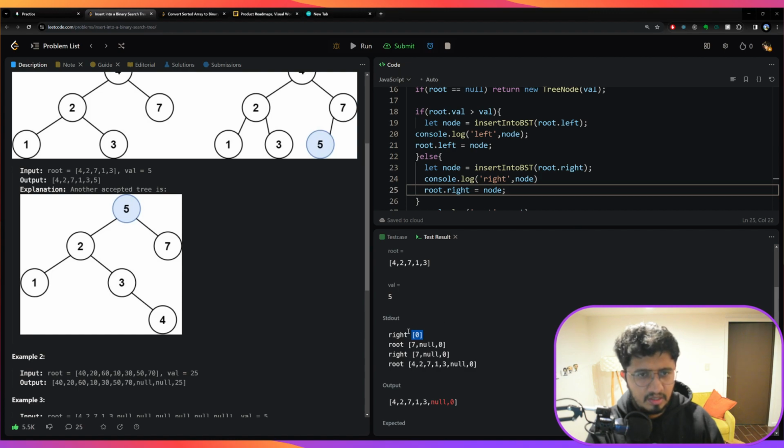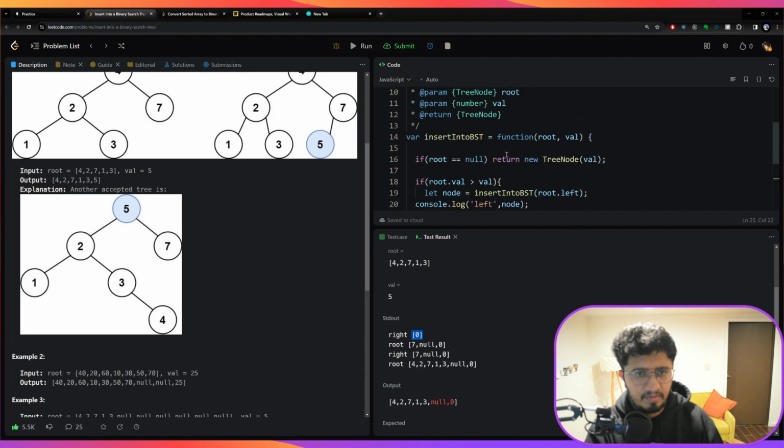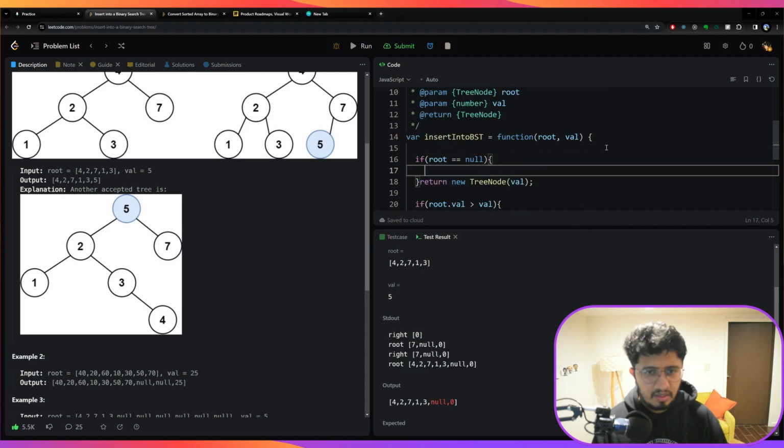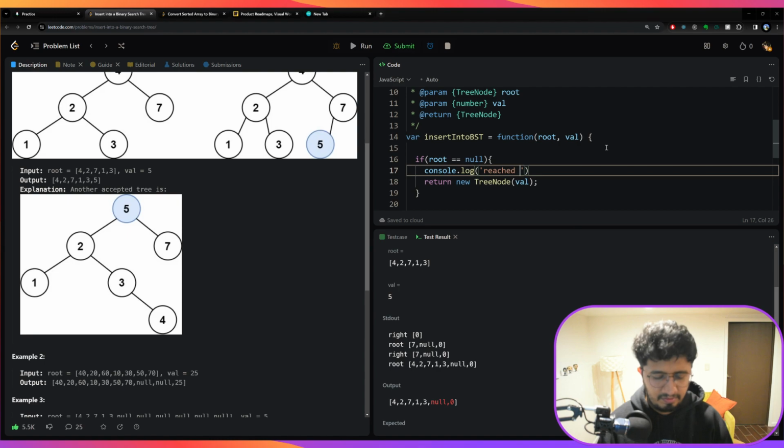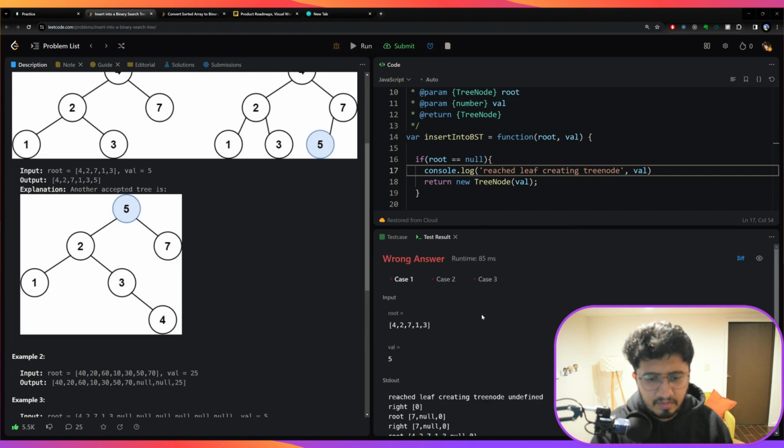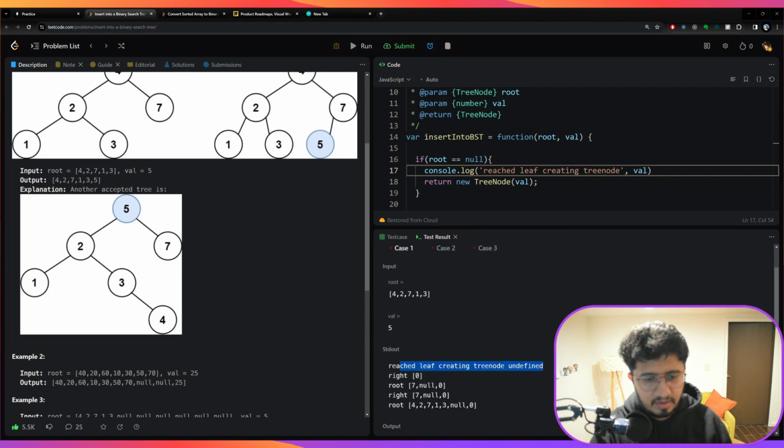But this is, let's say we have return console.log reached leaf, creating tree node with val, whatever val is. Okay, yeah, we reached leaf, then